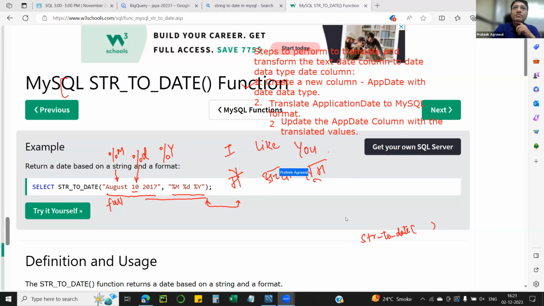Don't look at the semantics of it. Don't look at the grammar of it. It is word by word translation. That's what we are doing right now. We are saying this basically means day, this basically means year. Understood? Once this is done, then string to date will understand these are the three components of the date, and